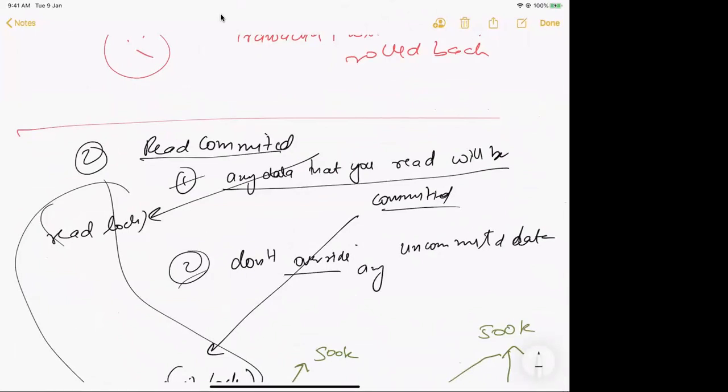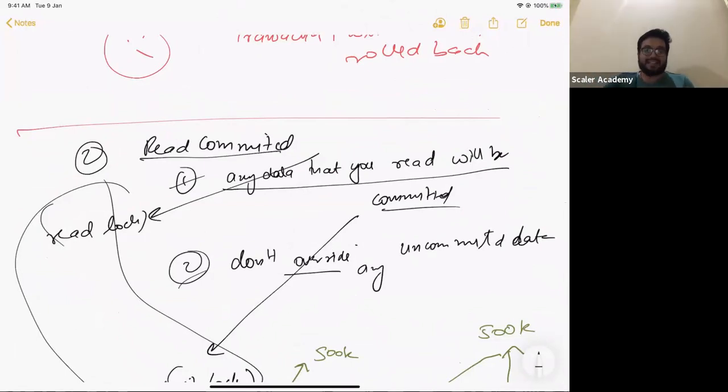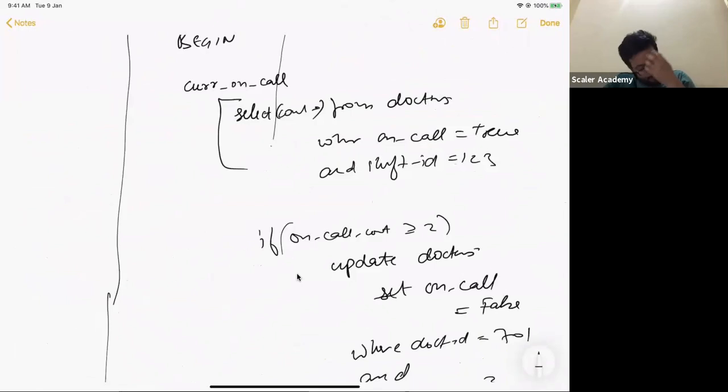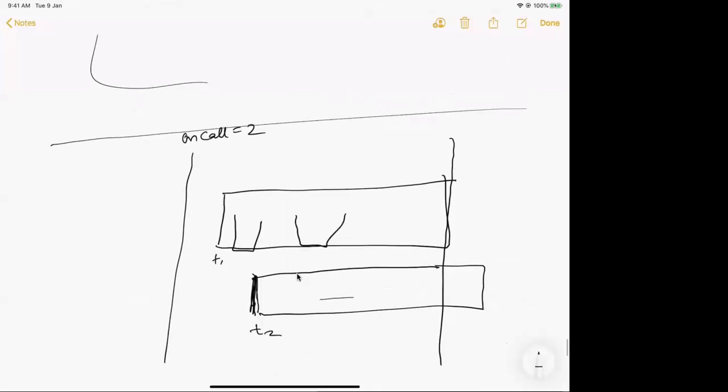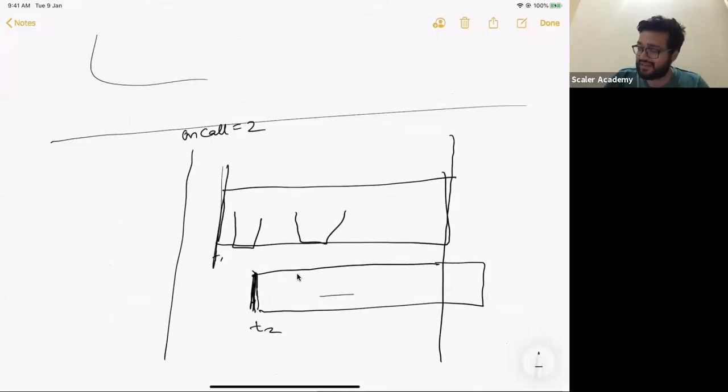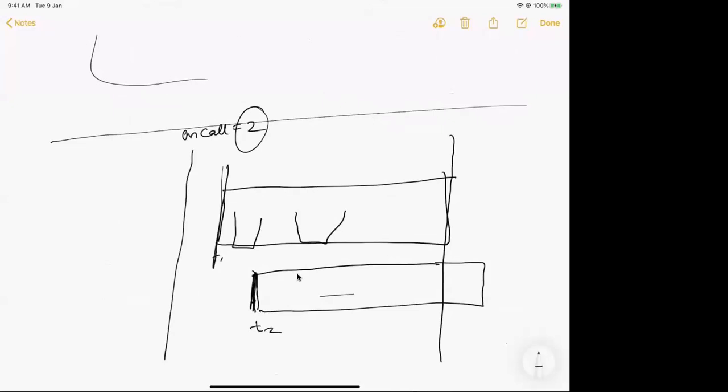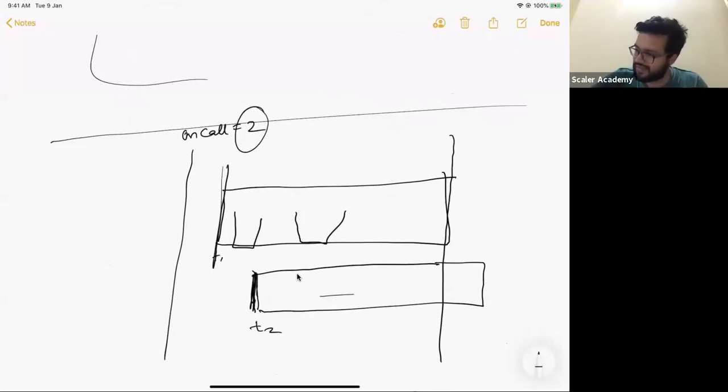Okay, makes sense. So now the problem here is that if you are using snapshot level isolation, maybe both of them started at some random times. Let's say when the first one is checking whether there are enough people on call or not, he figured out that there were 2 people, because the read you do at snapshot is at the beginning of the transaction. When the first transaction began, there were 2 people on call, and once it ended, there was only 1 person on call.